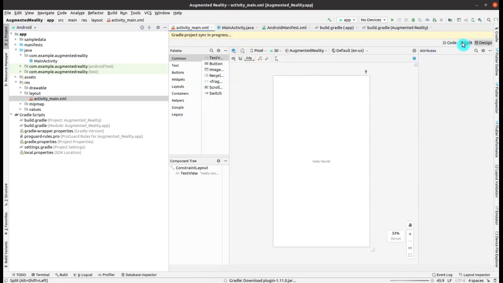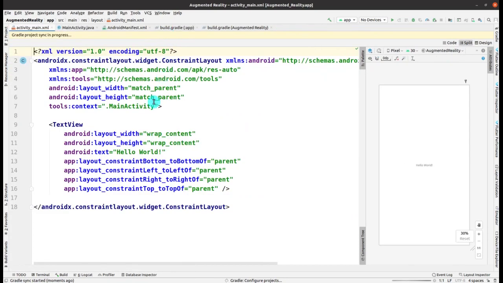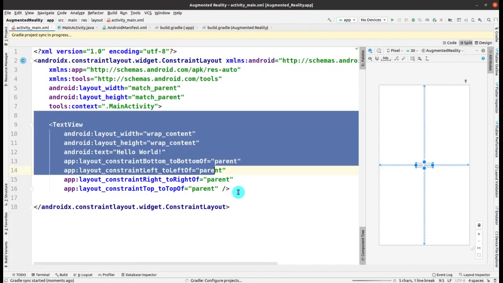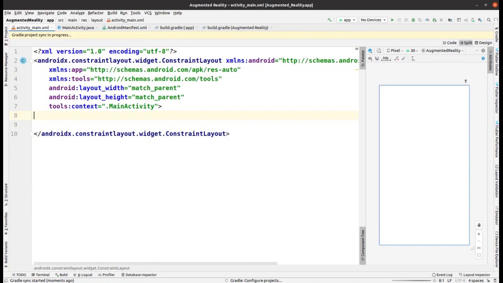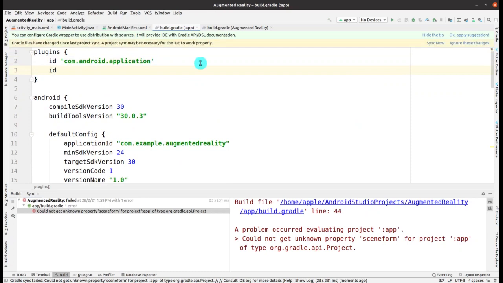There will be some XML design part also, so I am going within the res layout and main XML to edit this. Till now the build.gradle is configuring. Now there will be one error because I have forgotten to add something here within this build.gradle file where we have added the dependencies.